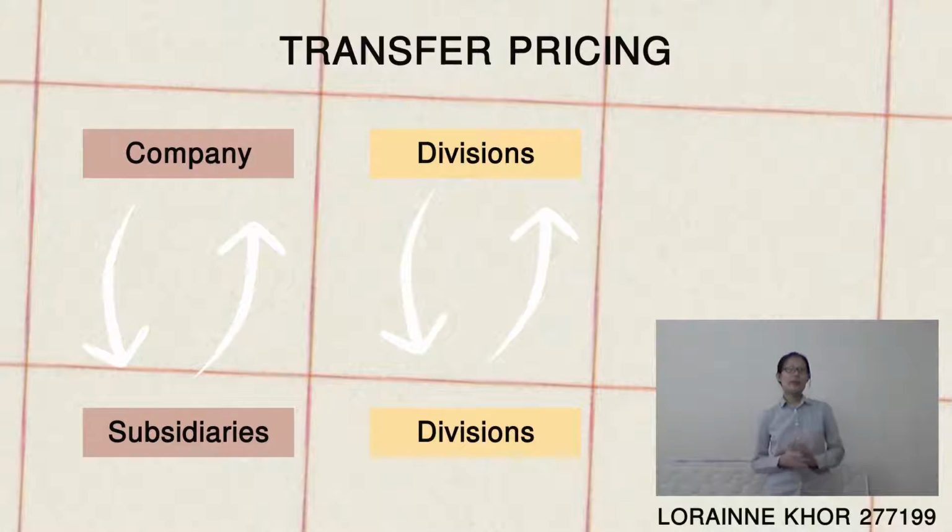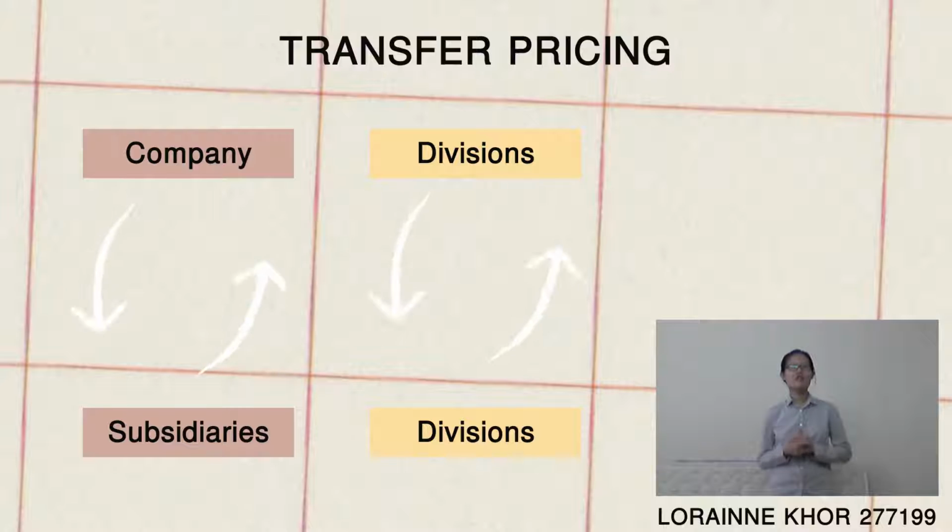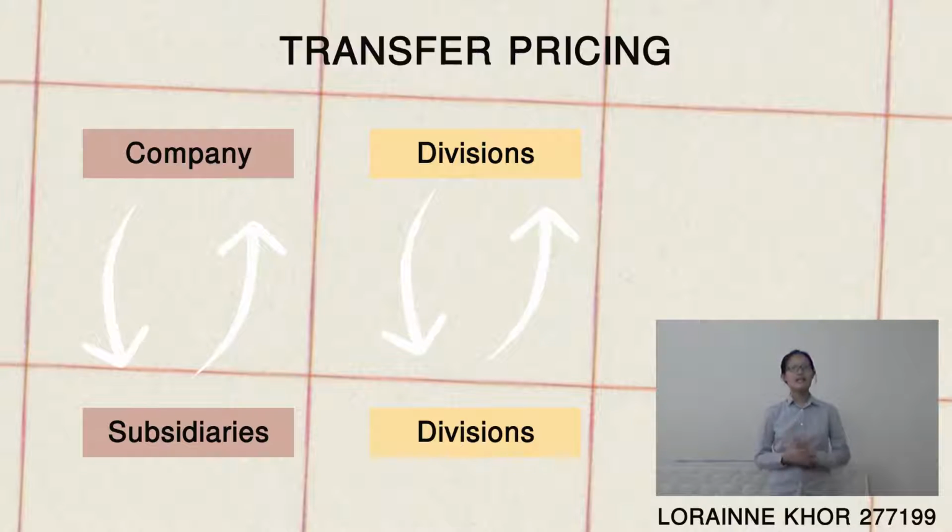A transfer price is the amount charged when one division of an organization sells goods or services to another division. Transfer pricing is used when individual entities of a larger multi-entity firm are treated and measured as separately run entities. It's common for multi-entity corporations to be consolidated on a financial report basis.